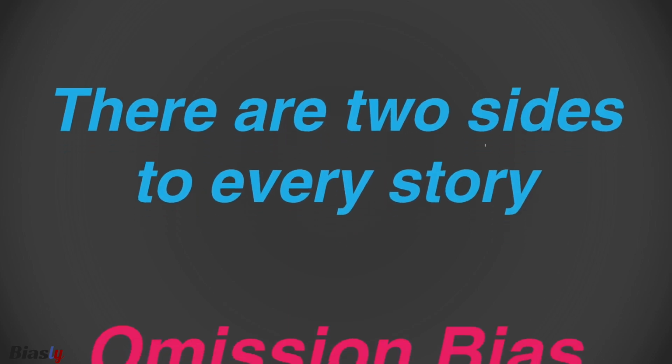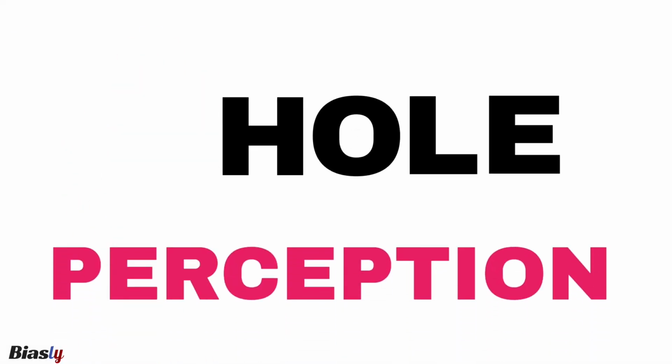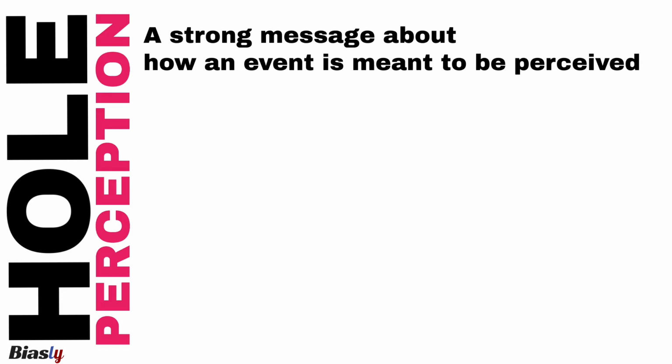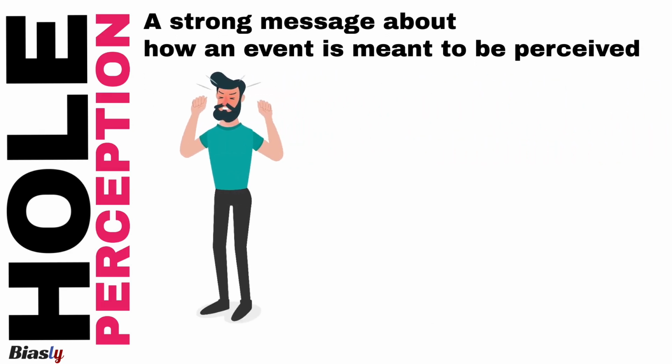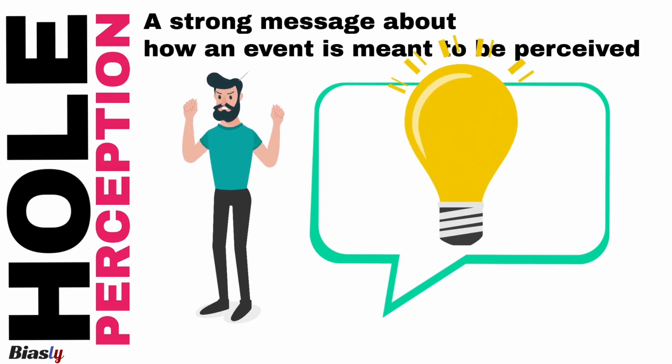Ever heard the saying that there are two sides to every story? This type of bias works directly against that. Selecting and omitting facts from a story changes the whole perception of an event. Omitting a story altogether also sends a strong message about how an event, if at all, is meant to be perceived. In such cases, this manipulation tool is useful to both sway or enforce the opinions of readers.